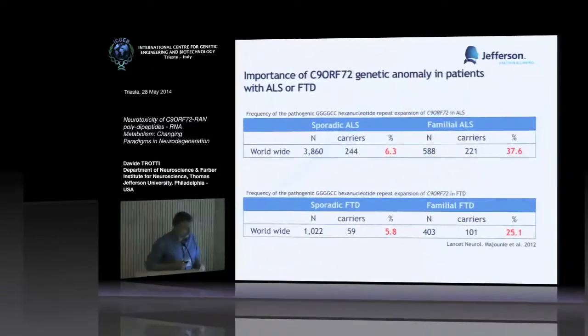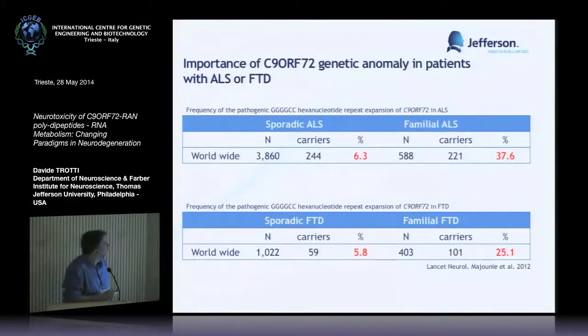So I do have one slide of background, and this is just to reiterate the importance of the C9ORF genetic anomaly in patients with ALS and FTD. The numbers may not be up to date, and also they may not include China or the Asia continent for that matter, but it's striking how the frequency of the pathogenic GGGGCC repeat expansion in C9ORF is high in sporadic